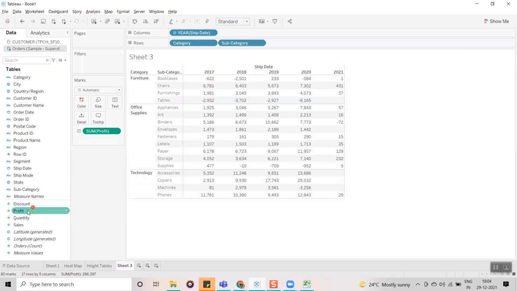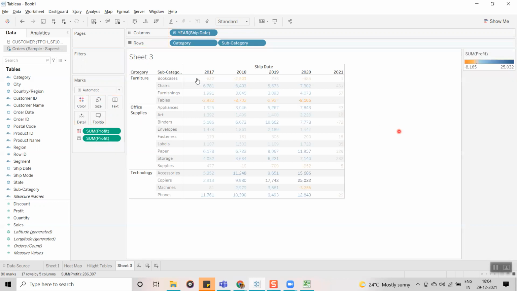Now, if I drag profit into color, are you going to get a background color for each cell, or a color for each and every value? When you have automatic as T, then the color is assigned to your numbers, not to the background. Now you can see the data this way: it is not giving the background color. It is giving color for your values, whatever numbers you are seeing. For that, it has assigned the color.